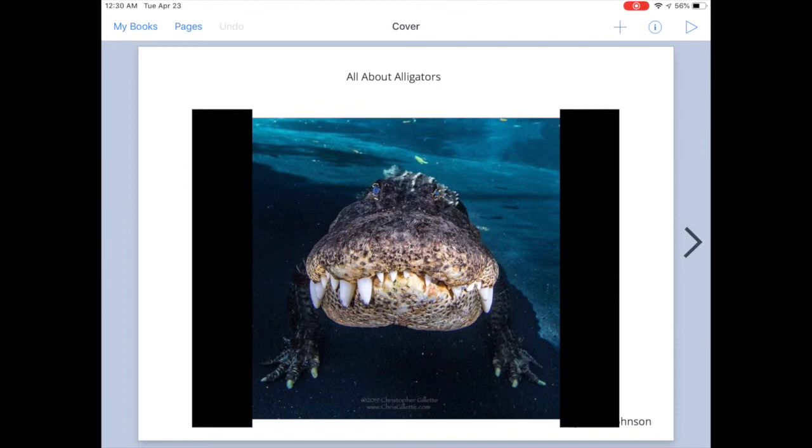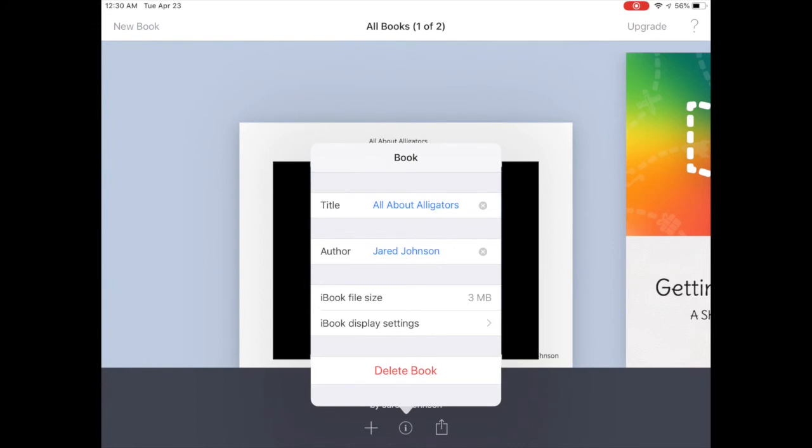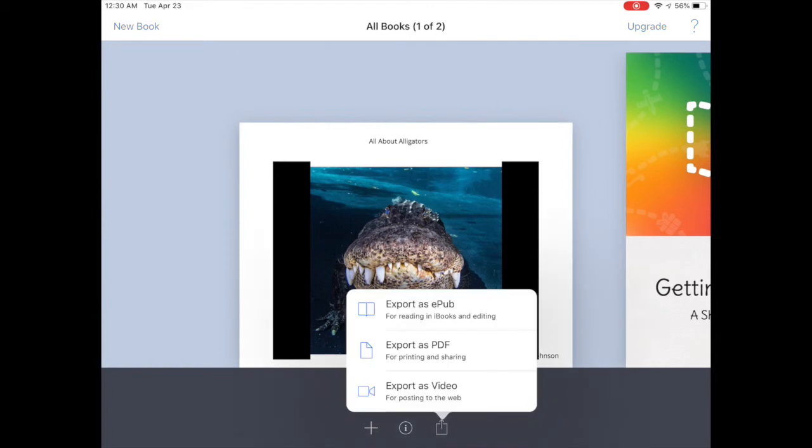To close out your book, simply go to My Books in the upper left-hand corner. This takes you back to your home screen. And from here, you can do a little bit of editing. If you click on the I beneath your book, you can add a title and an author's name under the information button. If you're ready to export and turn in through Google Classroom, simply click the Export button and choose